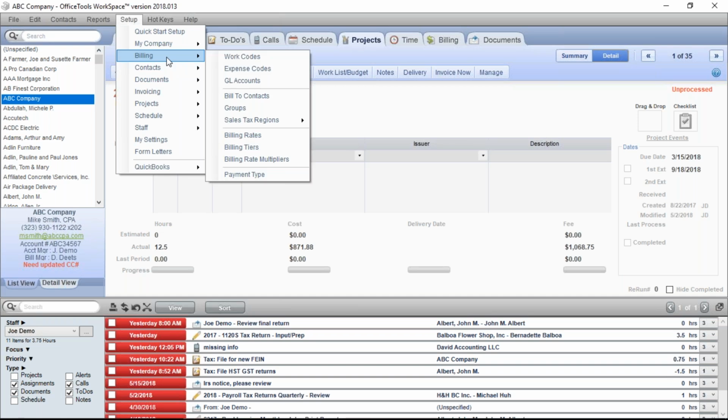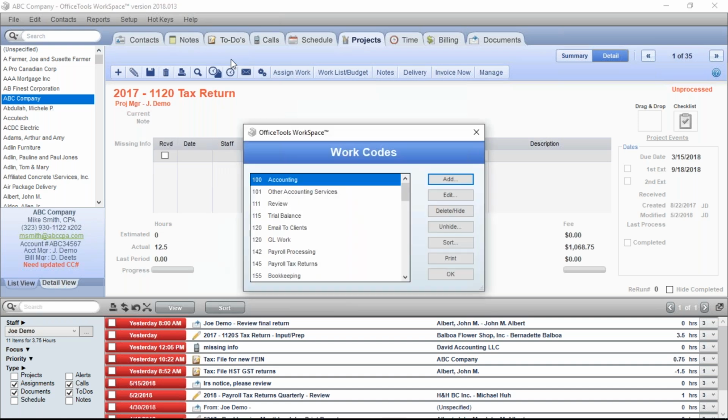So what you want to do if you haven't already done this, just like we were talking about with the projects, go through your work codes and get rid of the stuff you don't need. If you're not sure, run a WIP report for last year and sort it by work code. We're not concerned about the numbers. We just want to know if it's not there because we want to compare that WIP report to this list. And if there's a bunch of codes on this list that we didn't track any time for, we probably don't need that code and we should get rid of it from this list.